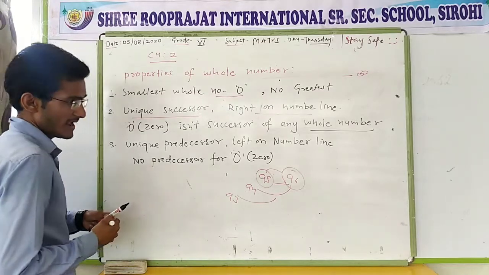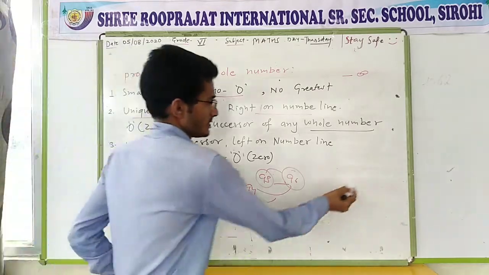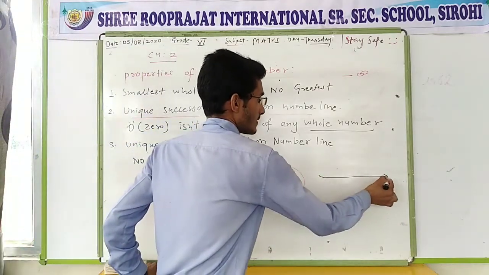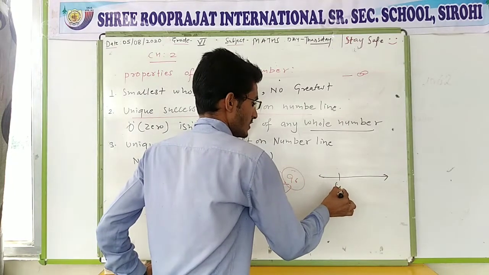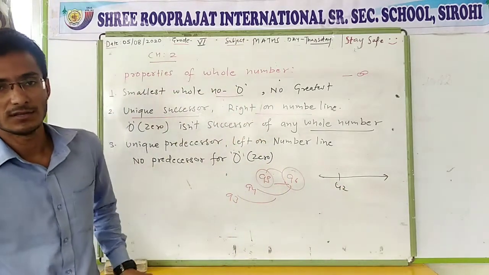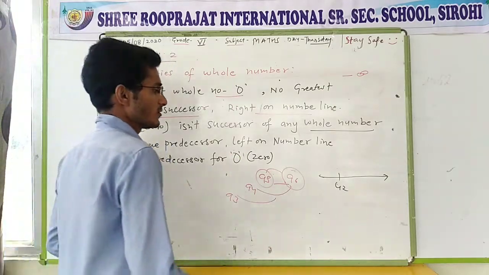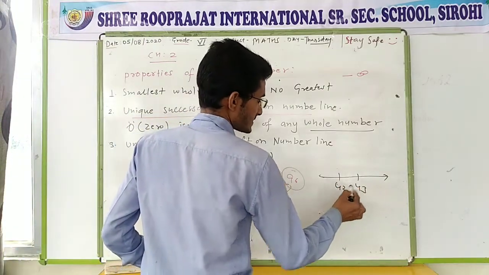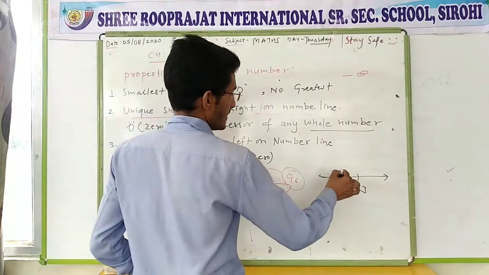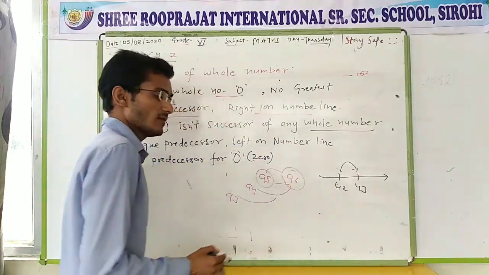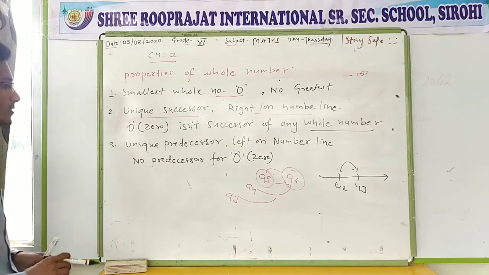If we talk about the number line, that is a number line. Suppose there is a number 42. If we talk about the successor, then the successor is always on the right side of the given number. What will be the successor? 43, and it will always be on the right side of 42. Okay,